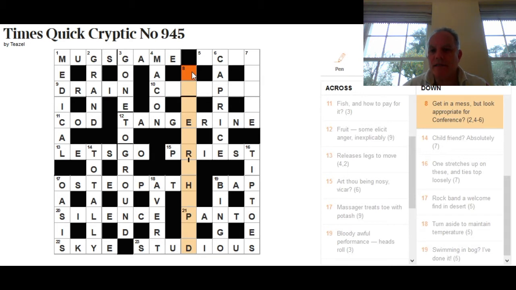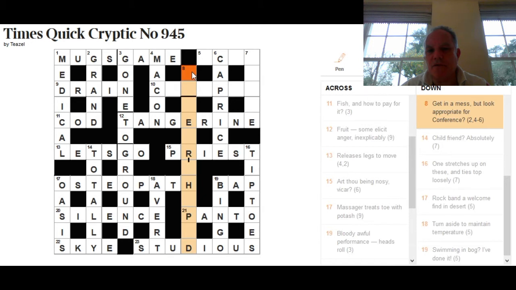So, get in a mess. Shaped is the word I'm thinking of that could fit there. So, it would be good to come up with a phrase that ends in shaped, quite a short phrase. And then good to justify it if we can think of it. It probably means get in a mess. And good to justify it by using the rest of the clue, look appropriate for conference. And the actual answer is go pear-shaped, which is a